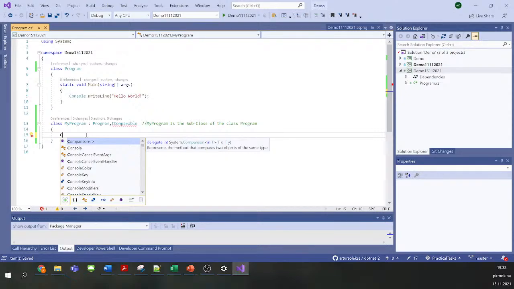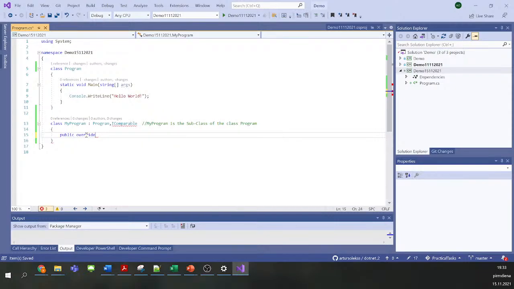Remember we can implement such a method. Let me write public override int compare to, with a non-comparable parameter, let's say.